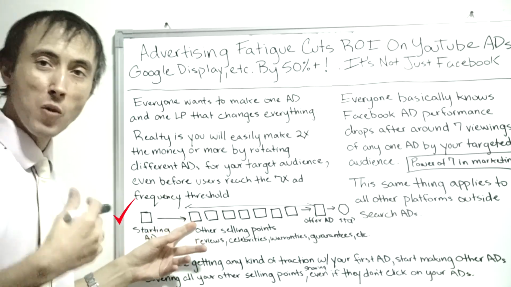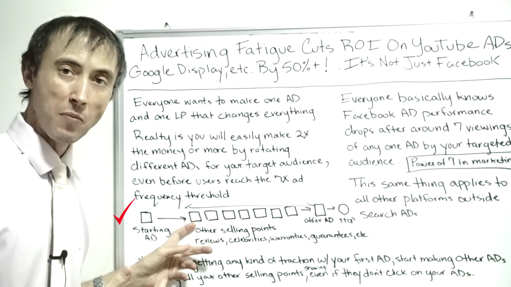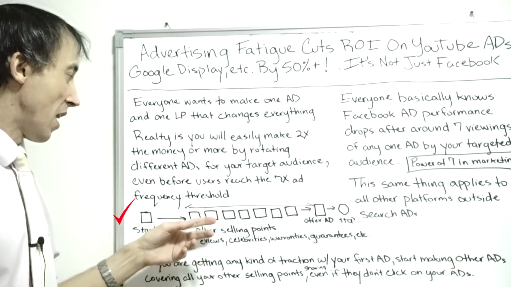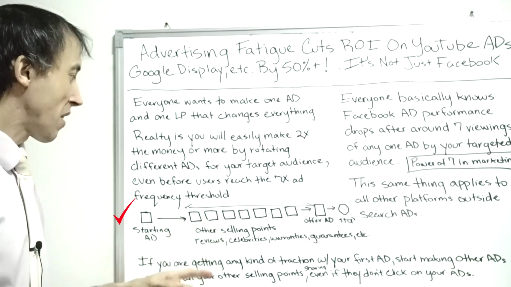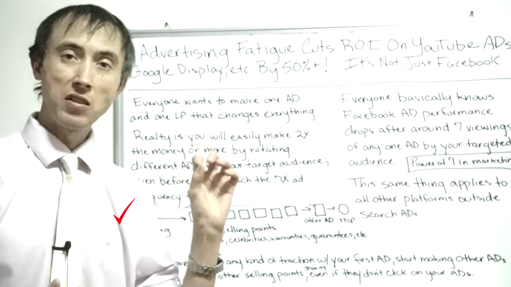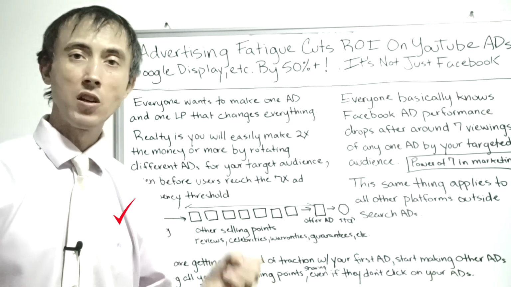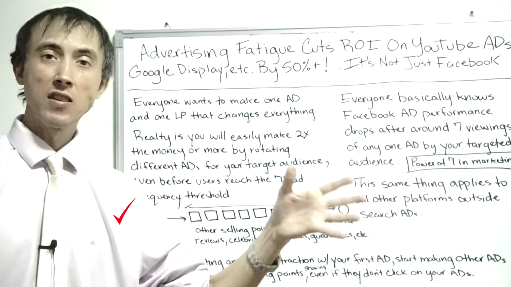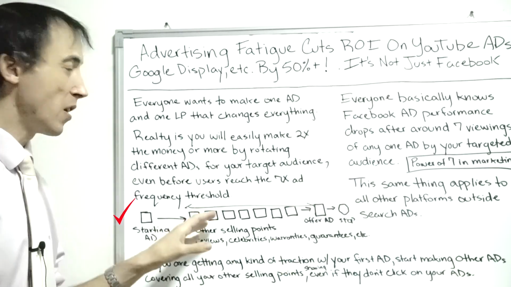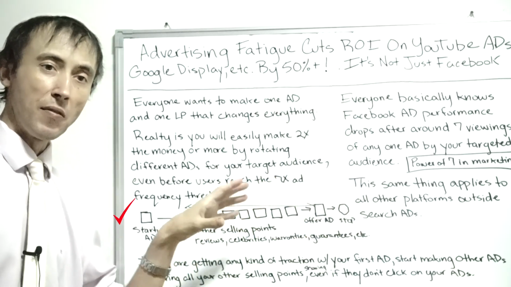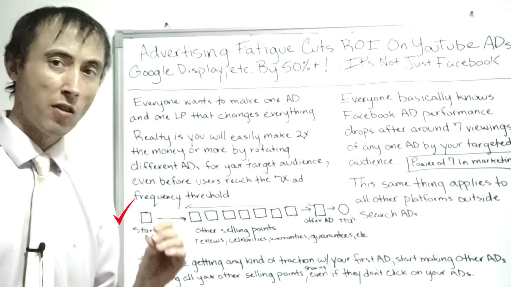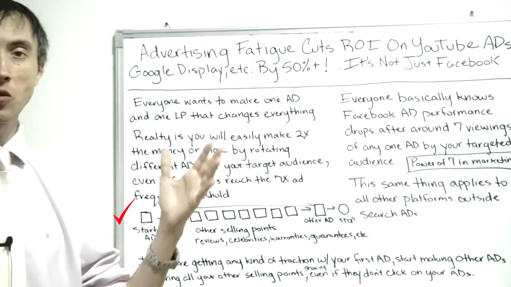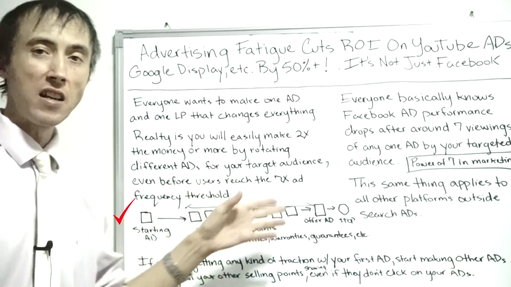Anyway, you do that, and then you run that until your click-through rate goes down 25% less than what it started out with. And then they see the next ad that may have a celebrity endorser of that product that you're selling, and you do the same thing there. Run it until the click-through rate goes down. And of course, if the click-through rate of an individual ad is low to begin with, you're going to right away shut it off. You know it doesn't work. But assuming you knew it would work, you run it until the click-through rate starts dropping. Then the next ad comes in.